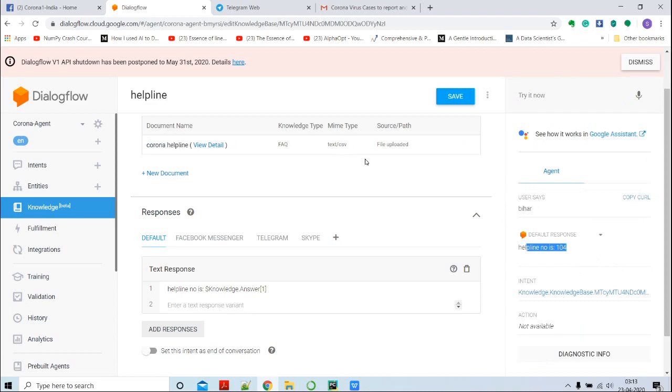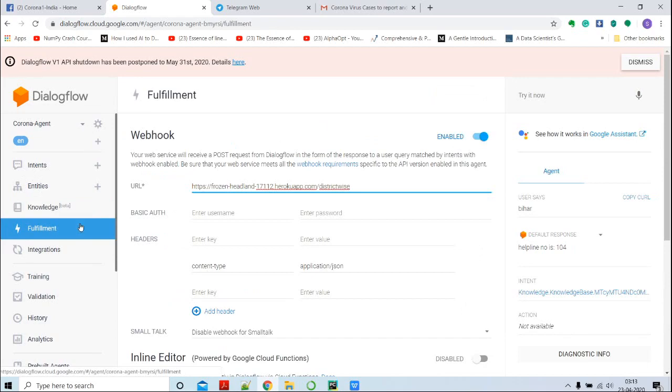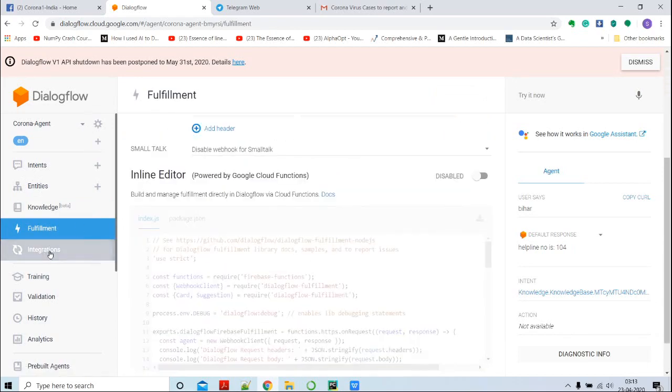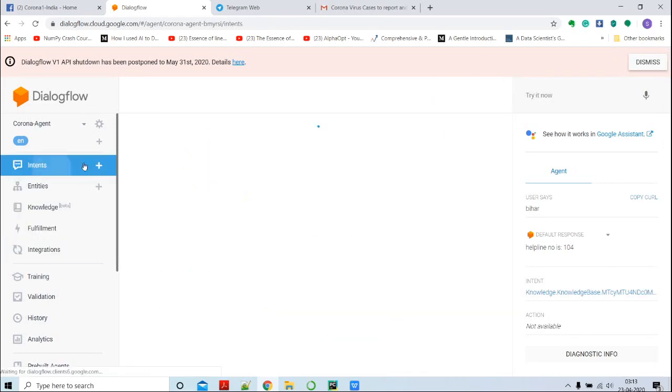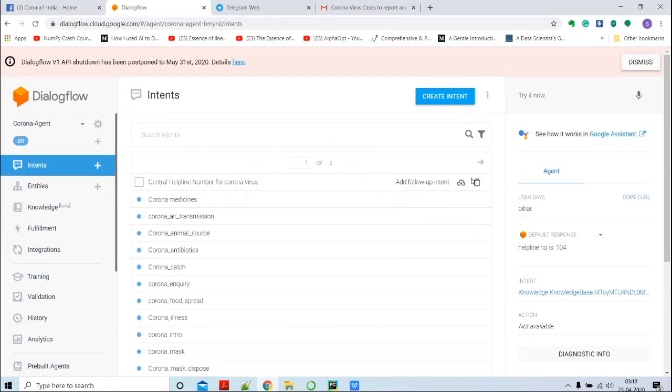Now it is not possible to configure all those intents for the knowledge base. So for the knowledge base, I have the data in the form of a CSV file, and I upload this. The intents we have done, then the activation, and we will go to the worldwide requirement.